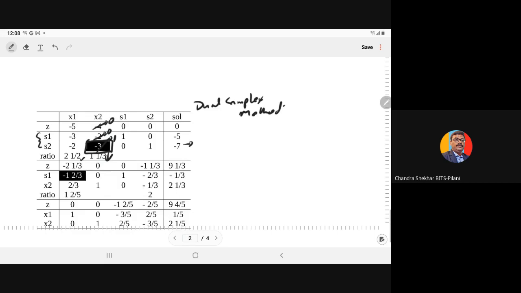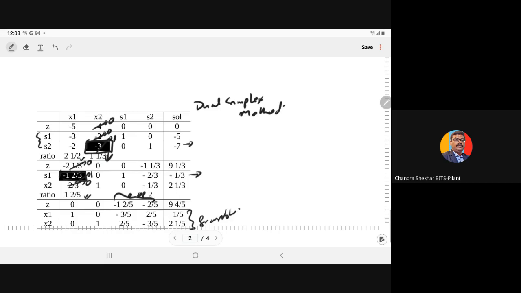In the next table also, we see that it is not a feasible table. So here, this is the leaving variable. When this is the leaving variable, again we take the ratio. Only this ratio is possible, right? So this is the pivot element. We make it 1, and the rest 0. So here we have the next table. Here you can see the table is feasible as well as optimal, right?